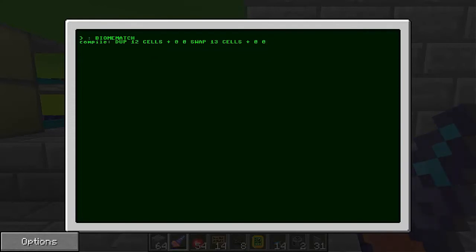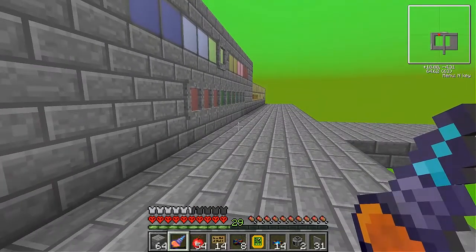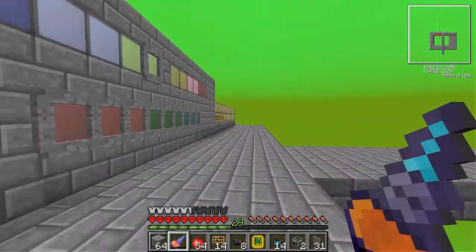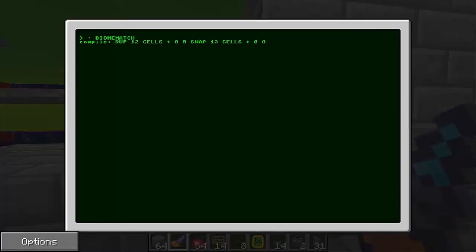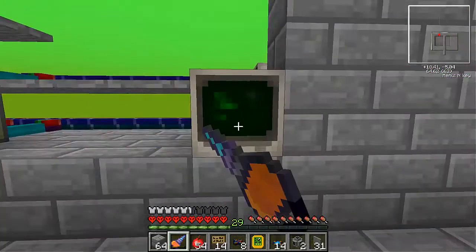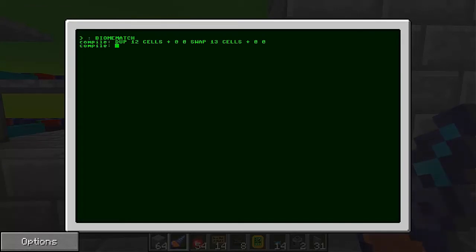So now we need to get the biome on top of it and do a little manipulation with it to make sure we figure out what is actually in it. And since the bee can have multiple tolerances, there's no point comparing the addresses. We have to compare what's inside the addresses. That's why we do the at, and this is where our bool conversion comes into play after we do a bit of work. So rotate gets biome on top of it, we'll duplicate it, and for the first time what we'll do is get the information for the humidity, since that's the first one we need to do,